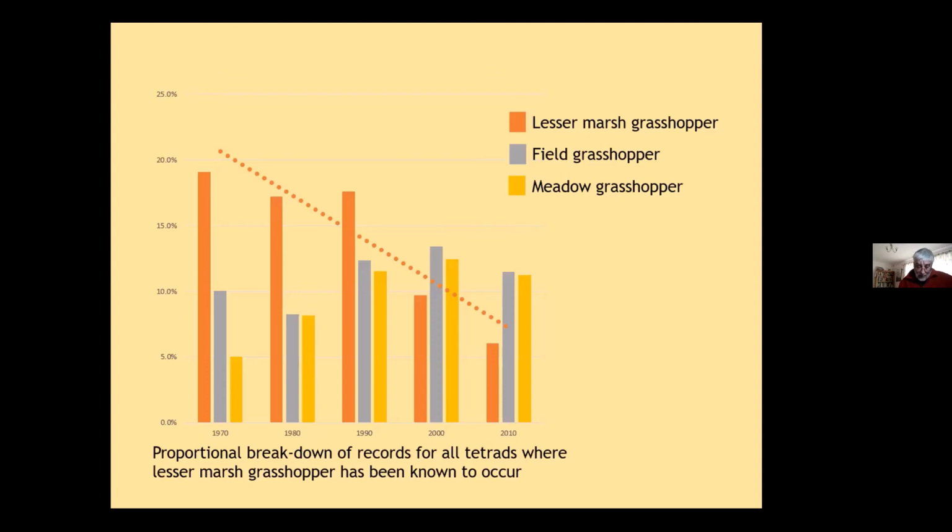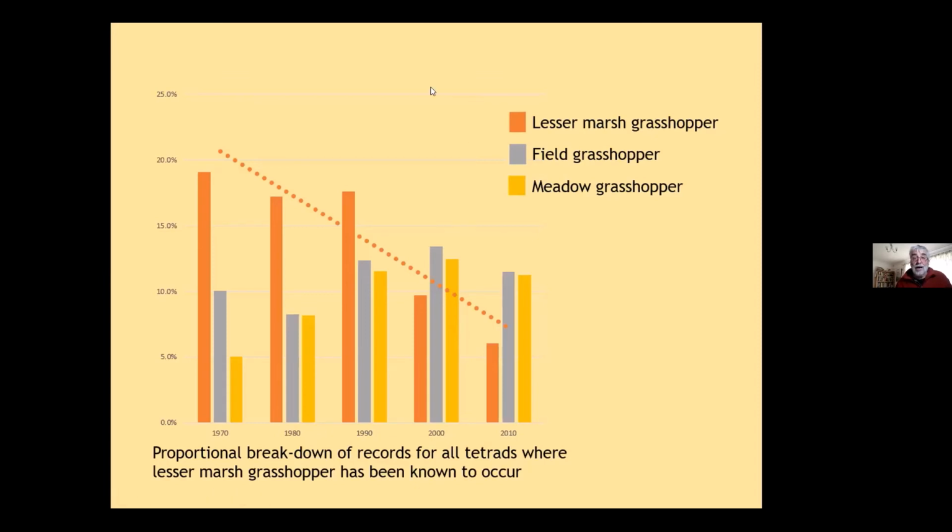So if another piece of evidence suggests maybe what we've got is a drying out of suitable habitats, which means that meadow grasshopper is better able to use them and lesser marsh grasshopper less able to make use of those habitats. I must say, with that Sarah's comment about people not noticing meadow grasshopper because it's so frequent,